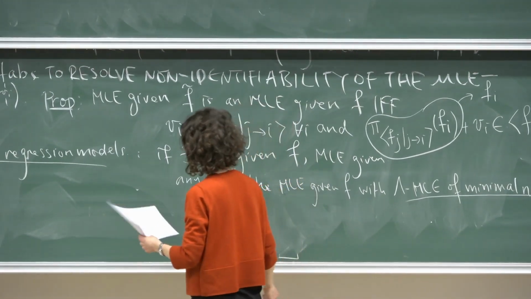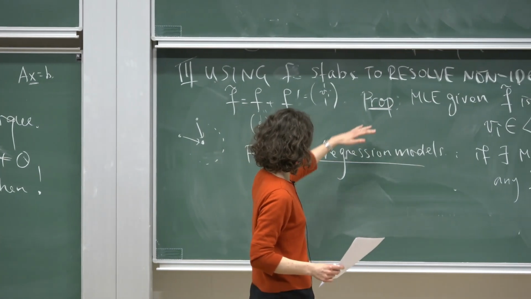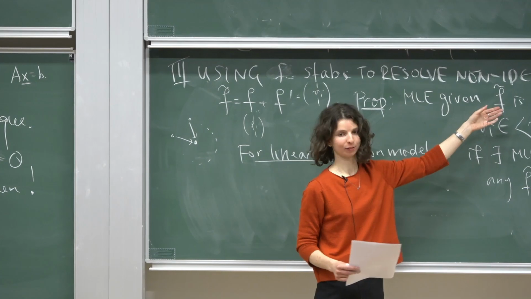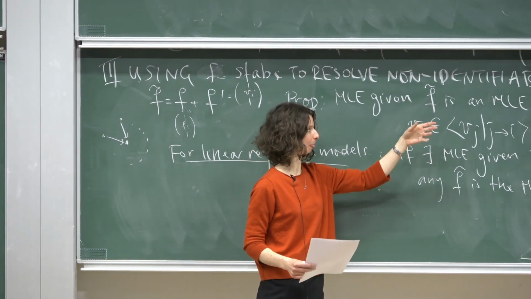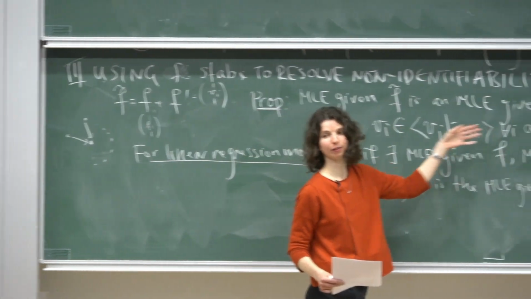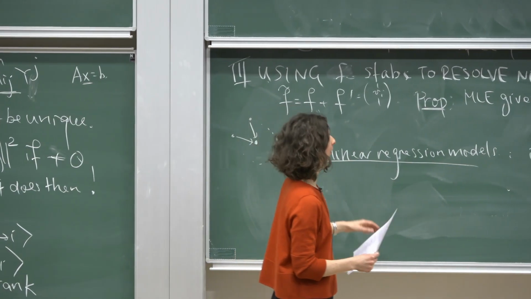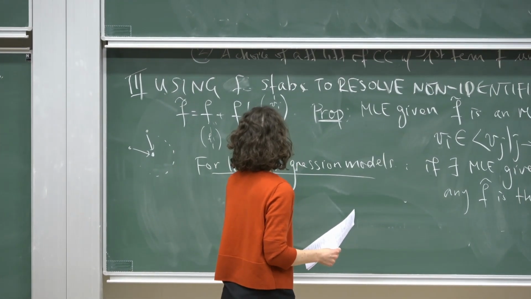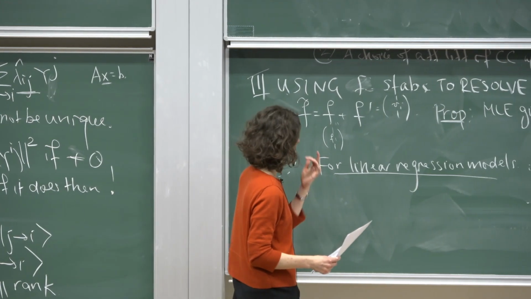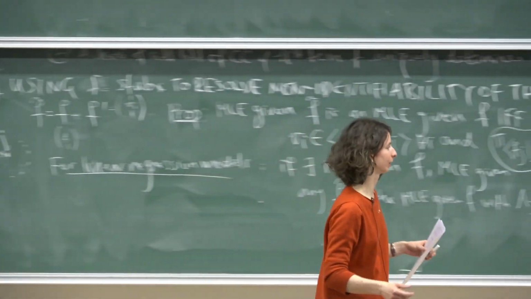Okay, so I'll just finish with one last result. We have this proposition here, and it may be that you take an F stabilization, and the MLE given that stabilization is not an MLE given F because it doesn't satisfy these properties. So in this case, the VIs are the columns of F prime. Sorry, I wrote it really small. Okay, yeah. So the last thing I'll write down is